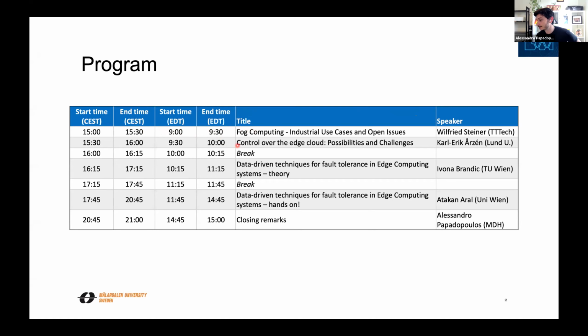And after that, we are going to have the presentation by Karl-Erik Årzén from Lund University that is focusing on control over the edge cloud. Then we are going to have a short break of 15 minutes just to stretch our legs to be prepared for the third speaker, that is Professor Ivona Brandic from TU Vienna. And finally,